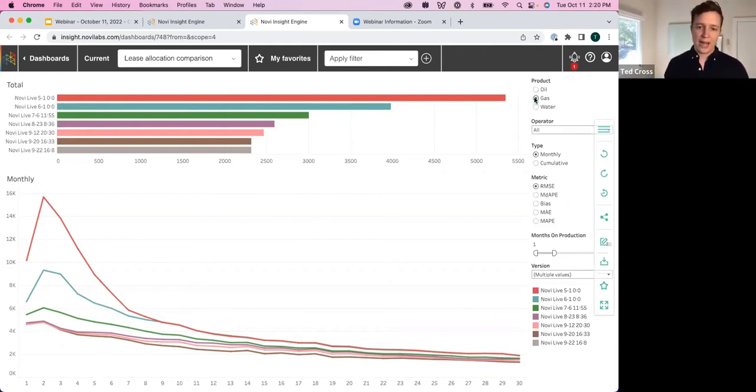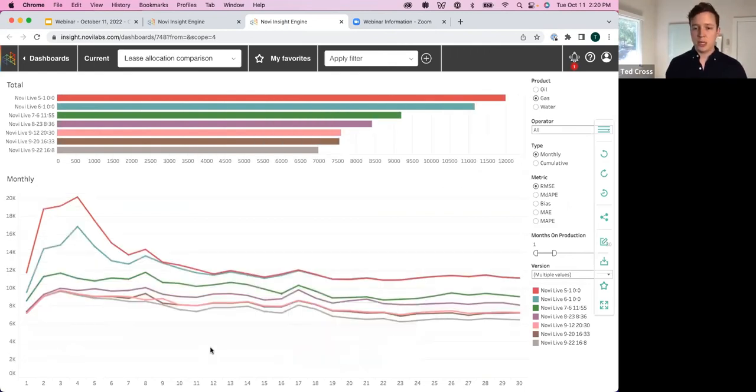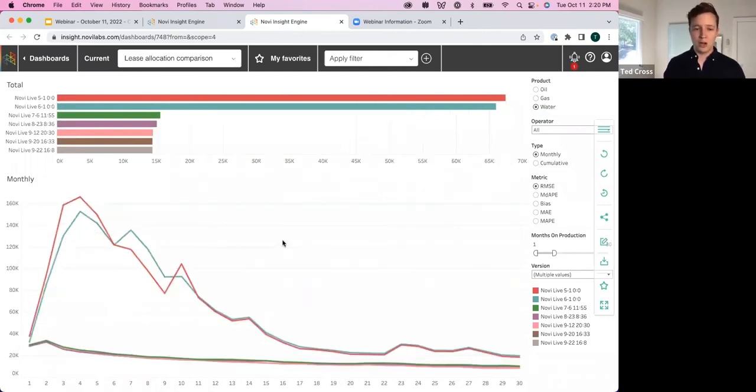If I switch over to gas production, you can see kind of a similar trend. Errors generally are higher for gas production, which just tends to be a noisier production stream. And then for water production, water is even harder. And you see we had a huge improvement in July here. The reason water is harder is because you're not actually even allocating the data from the lease level. You just have to estimate it at the well level based on the production tests that you have.